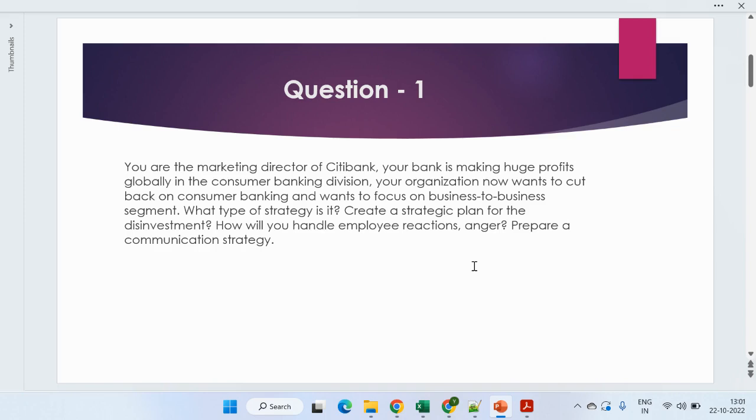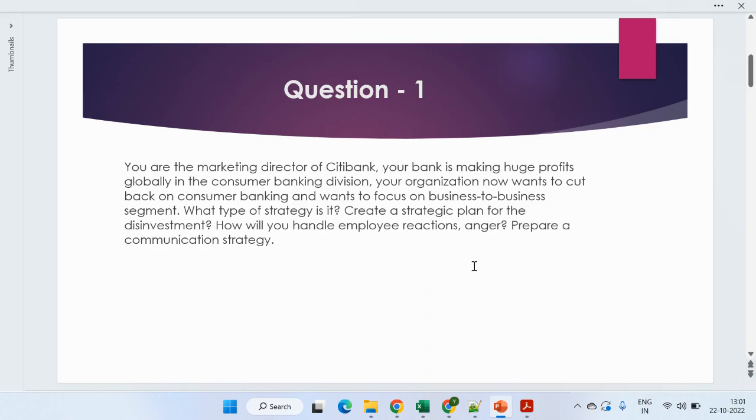is pulling their hands, just ending their business in India. This is a very recent story, I think, a couple of months back. So what they are doing, they are ending the consumer part, where normally a person goes to the bank, opens a bank account, having locker facility, ATM facility, having certain kinds of FDs or savings accounts. So they are just trying to end that business, and they are trying to focus on the B2B business,